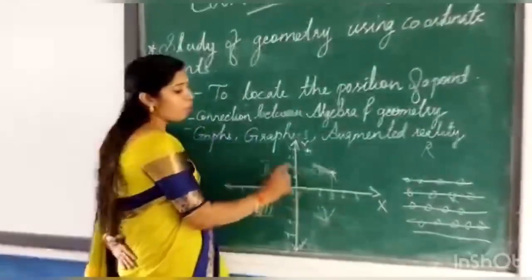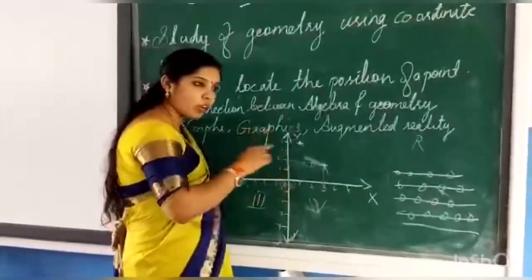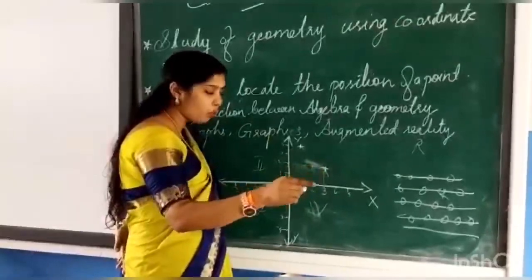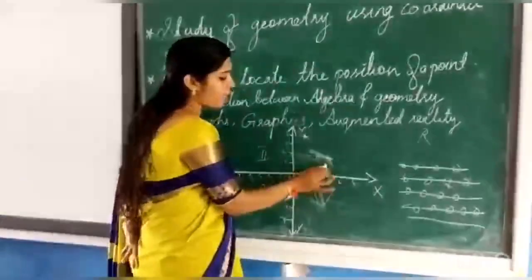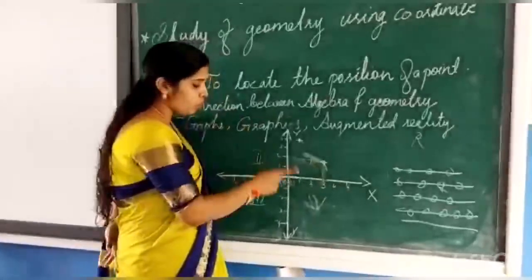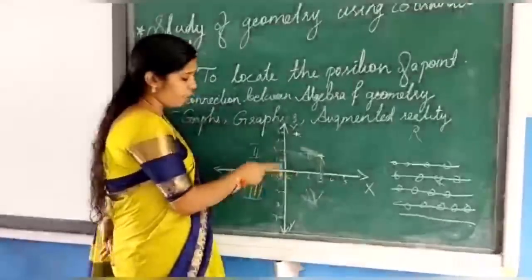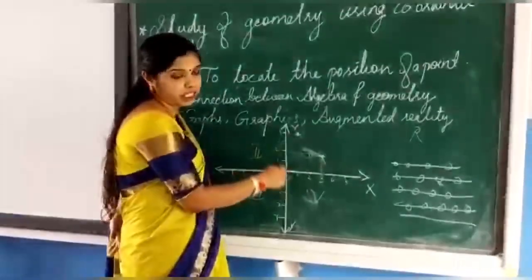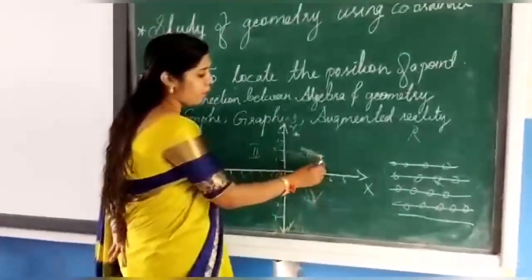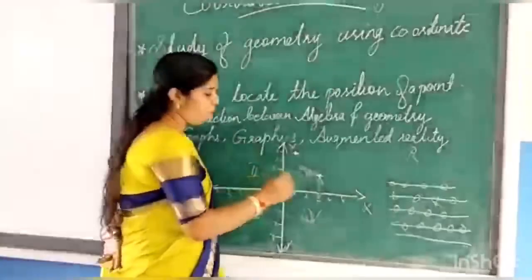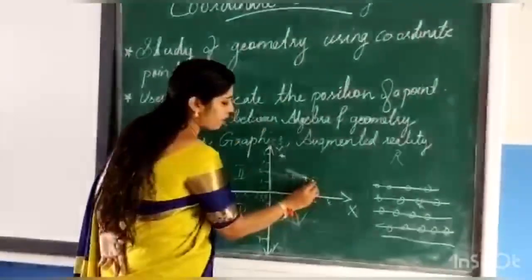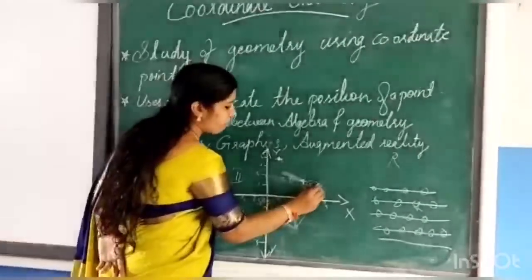So we want to show both of these. That is, along the x-axis how far it has moved, and along the y-axis how far it has moved. To explain that, we use these 2 numbers, how far it has moved in these 2 directions. So for that, we will be using 2 numbers in a bracket with a comma, that is (3, 2).